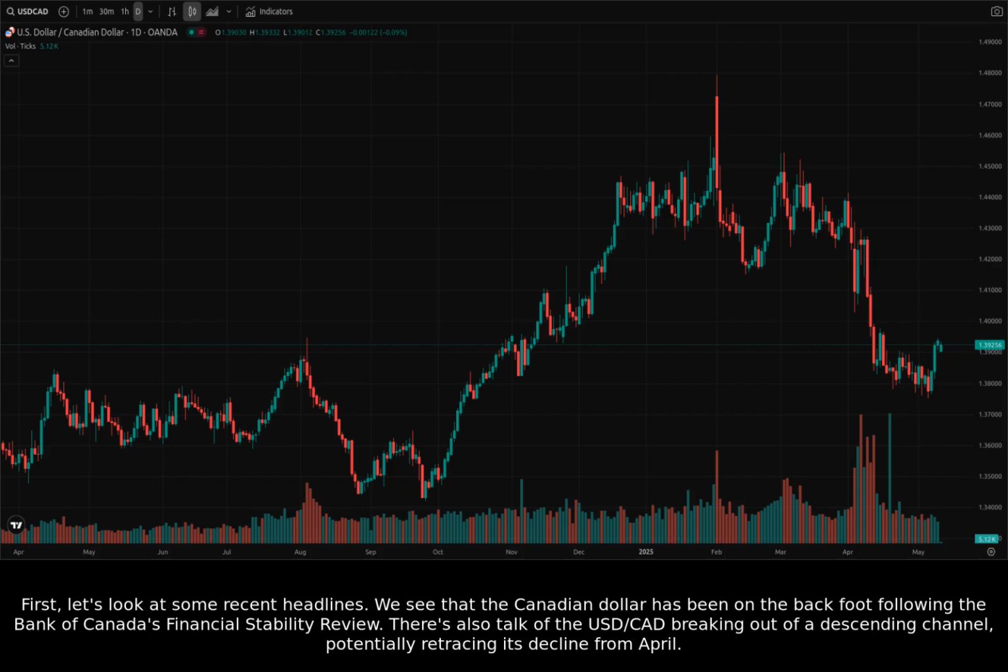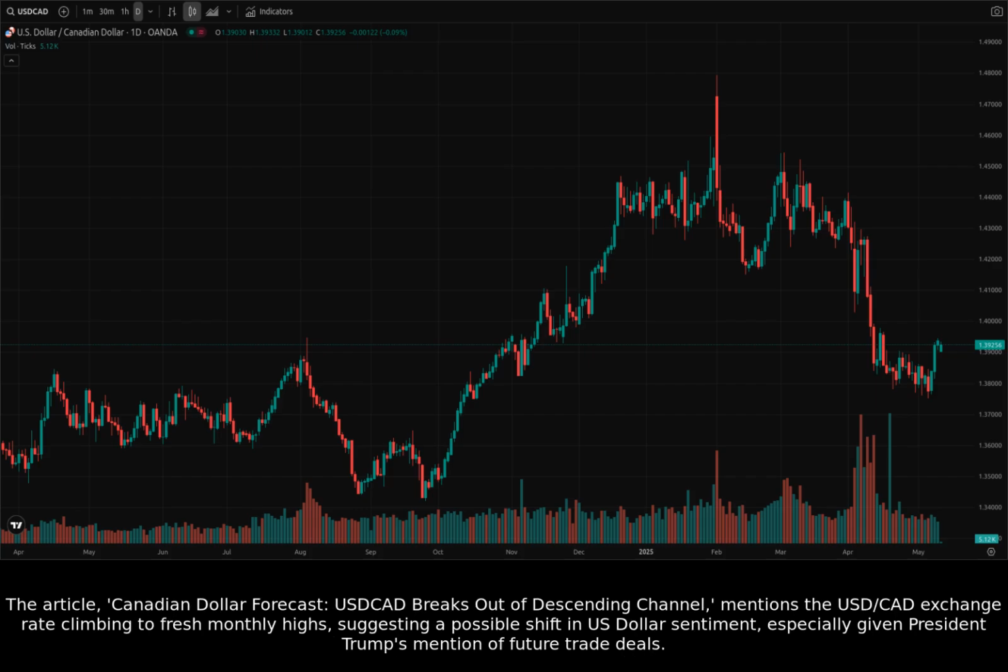There's also talk of the US dollar to Canadian dollar breaking out of a descending channel, potentially retracing its decline from April. The article, Canadian Dollar Forecast, USDCAD Breaks Out of Descending Channel, mentions the US dollar to Canadian dollar exchange rate climbing to fresh monthly highs, suggesting a possible shift in US dollar sentiment, especially given President Trump's mention